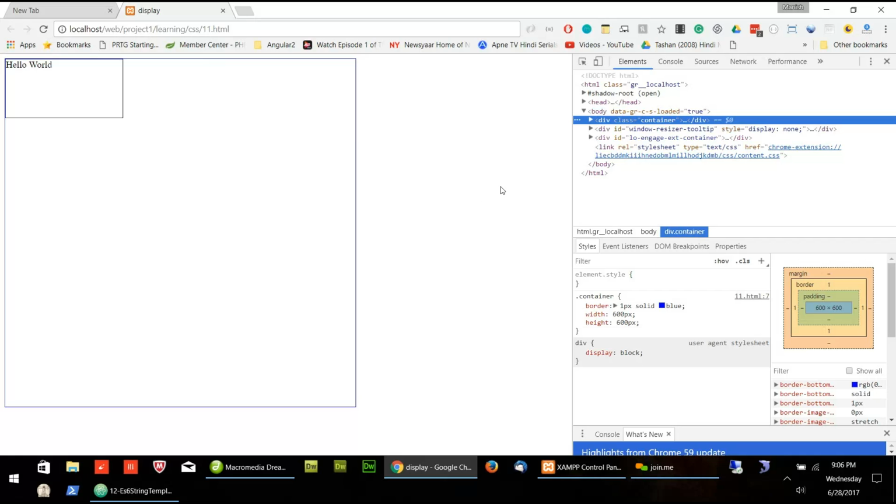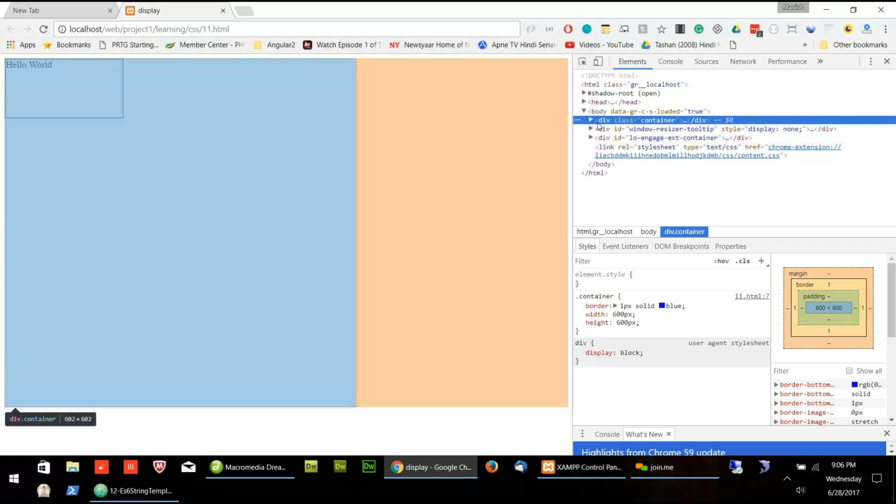Now if I want to make this hello world box go to the bottom of this parent div, which is a blue color div, this is the black div, this is the blue div, so if I want to make the black div go to the bottom of the blue div,